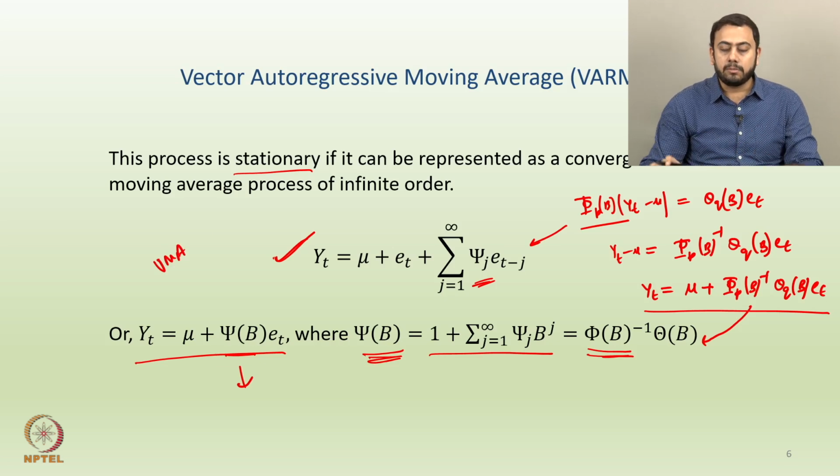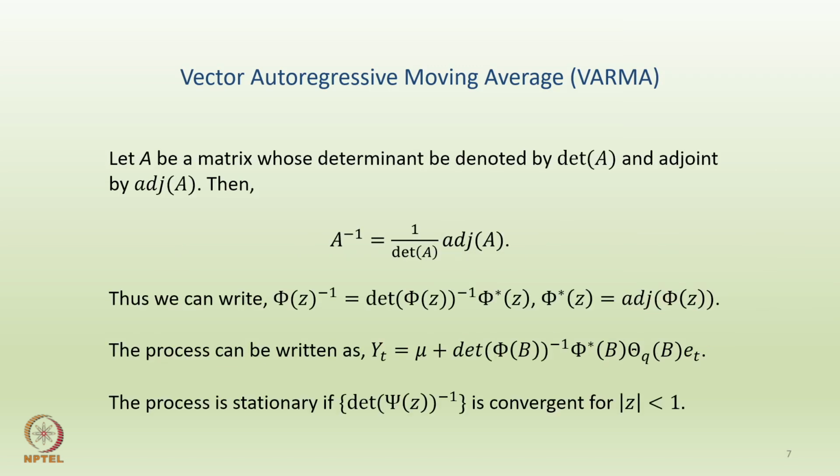So essentially, just to summarize this slide, when can we say that a V-ARMA process is stationary? If a V-ARMA structure can be represented or rewritten as a convergent vector moving average process, or in other words a VMA process of an infinite order. Okay. So I guess this is just a rule of telling whether a V-ARMA process is stationary or not stationary.